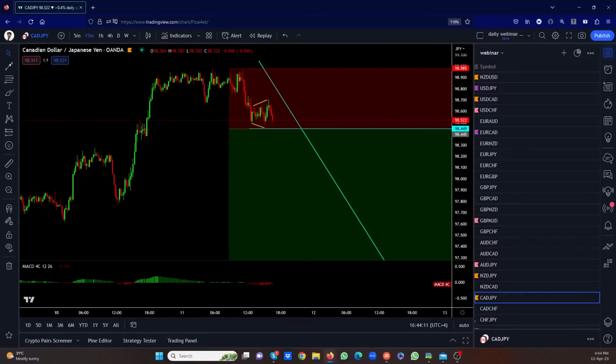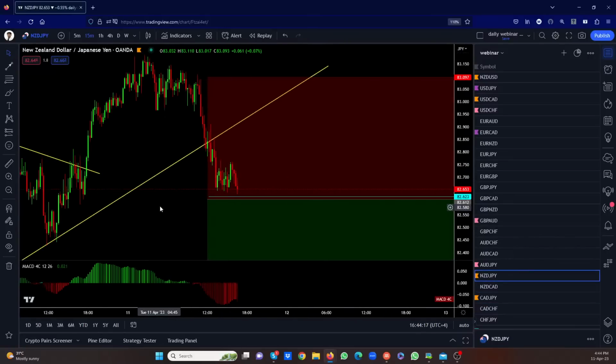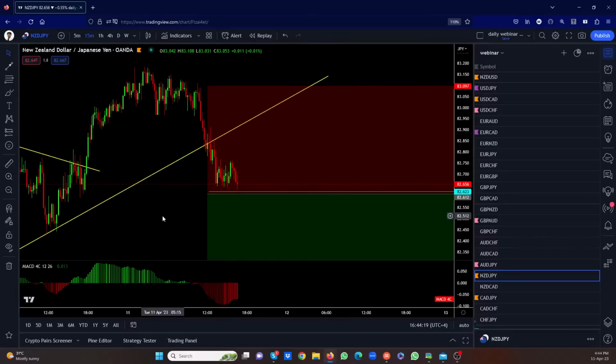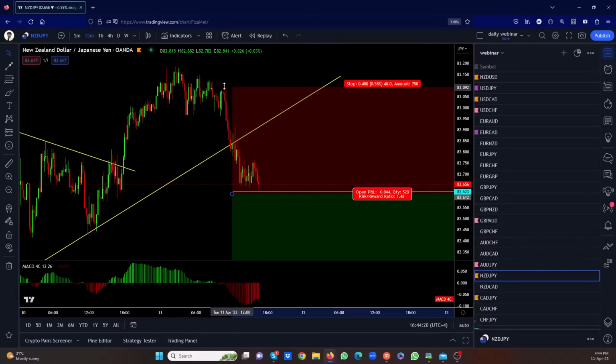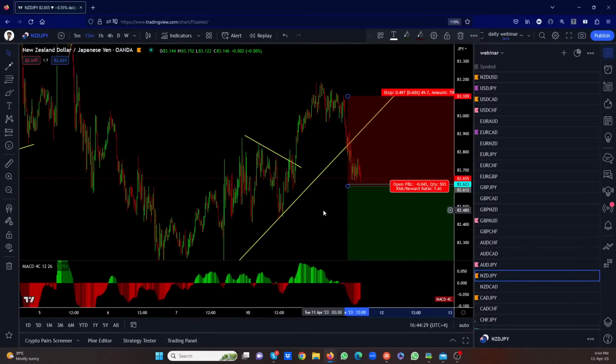We're not trading the Swiss yen as yet. I think we got the New Zealand yen. Let's see what that is doing. Okay, anybody got tagged by the New Zealand yen? Just so I know. No. Okay, so the entry order is there. It probably shouldn't tag you as yet. All right, we'll see when it tags.